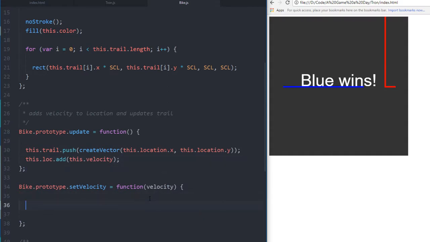Now, what we do is we say, if, here, we'll just say math.abs. We just need to check if we go backward onto ourselves. We don't want to be able to go completely backward and accidentally kill ourselves. That's not what we want. If math.abs velocity.y,